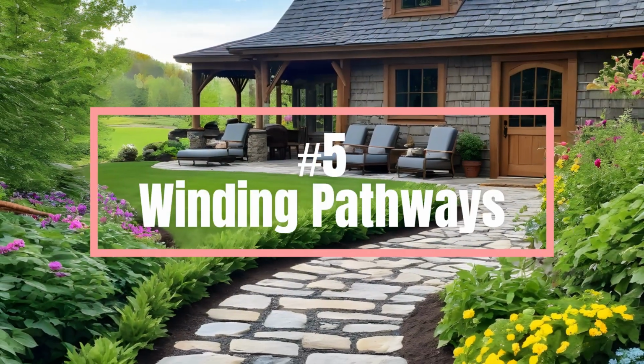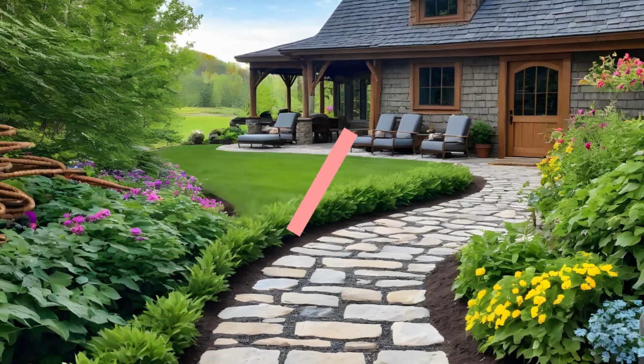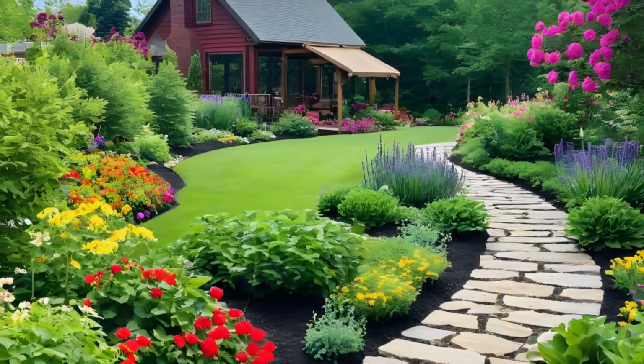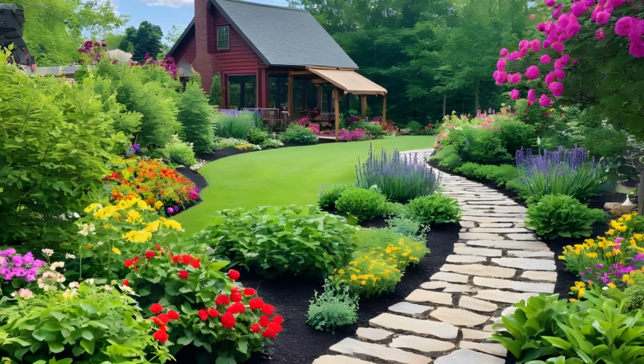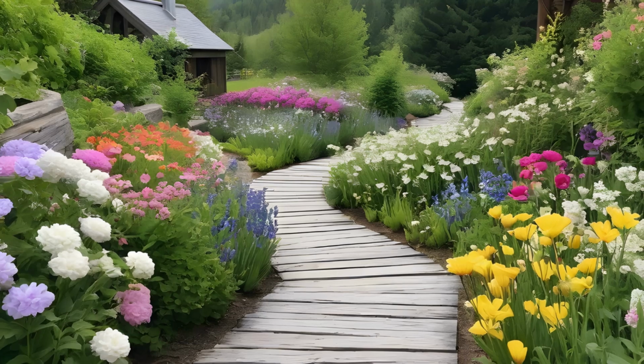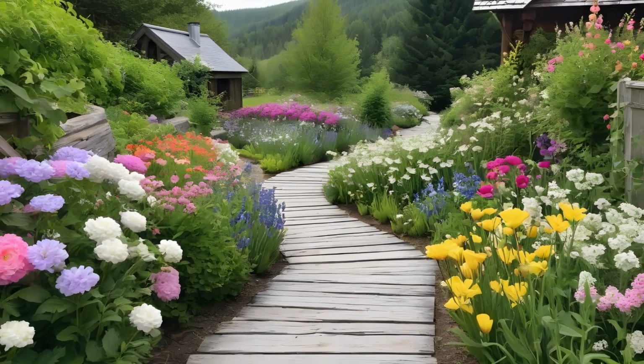Number 5. Winding pathways. Design meandering pathways that invite leisurely strolls through your garden. Use natural materials like gravel, wood, mulch, or flagstone to create pathways that wind their way around flower beds, shrubs,